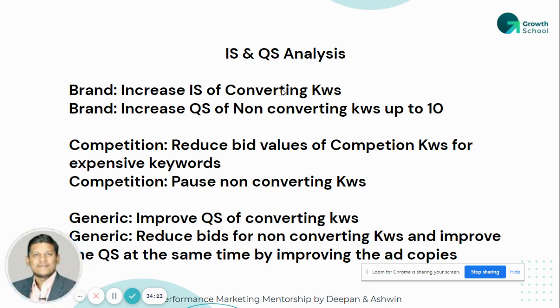Okay, so next we will go for something like how to improve QS. Now in order to do that, we'll go to the Google dashboard, and in the Google dashboard we will see what are the factors through which we can improve it. The factors are already explained to you by Deepan, but I will take you through the interface and where